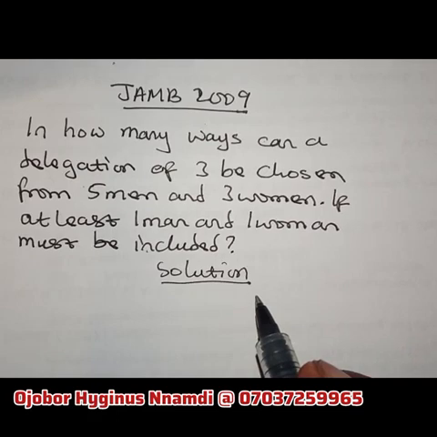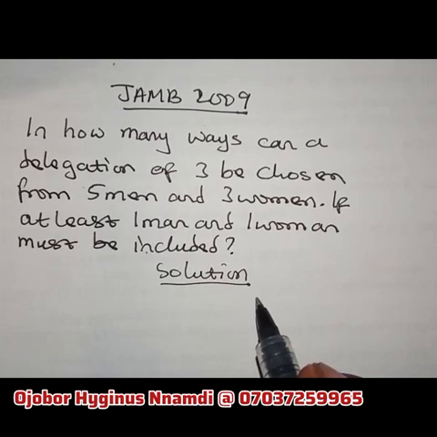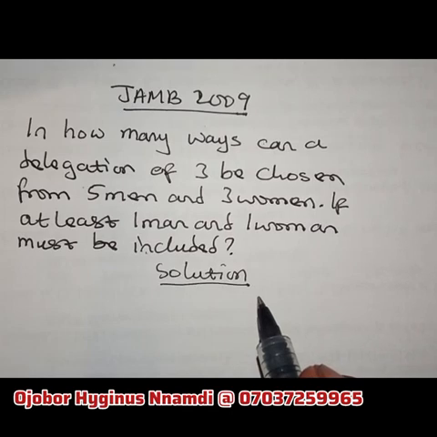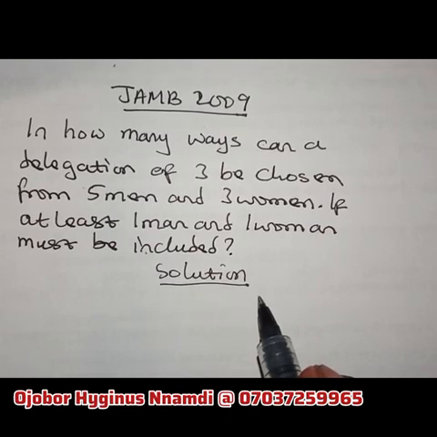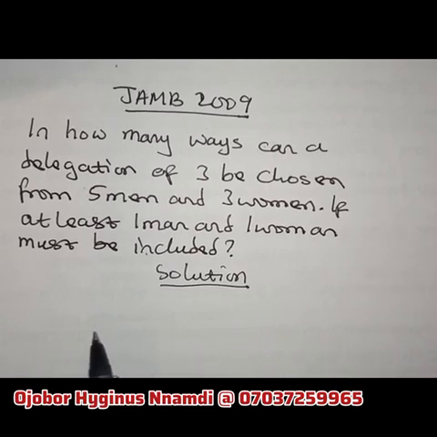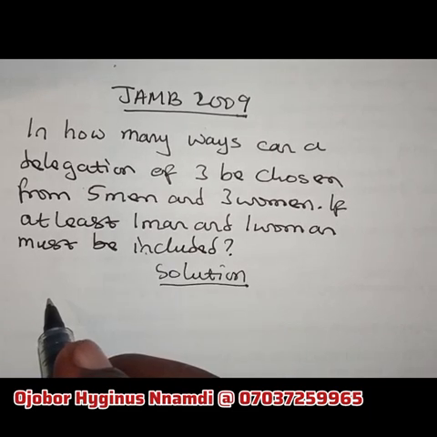If you decide to choose only 1 man, then the remaining 2, because you need 3 persons, the remaining 2 will be women. And if you decide to choose 1 woman, the remaining 2 will be men. But you cannot have 3 men and no woman, or 3 women and no man. So you must have at least 1 man and 1 woman. So the possibilities we have are,